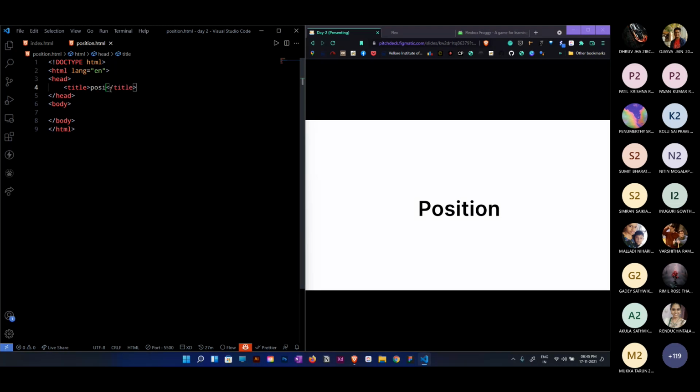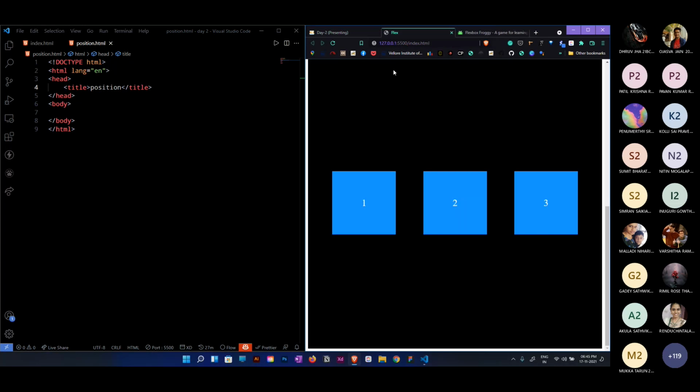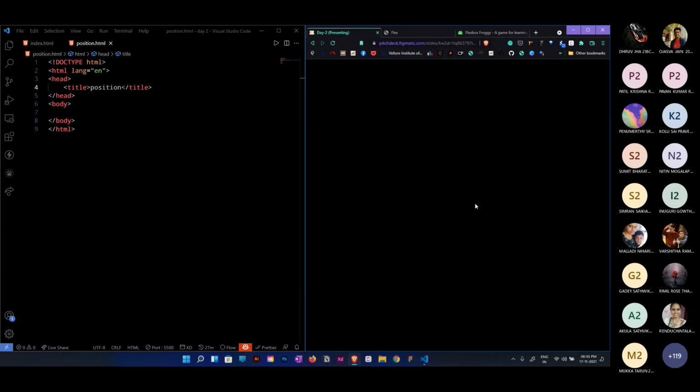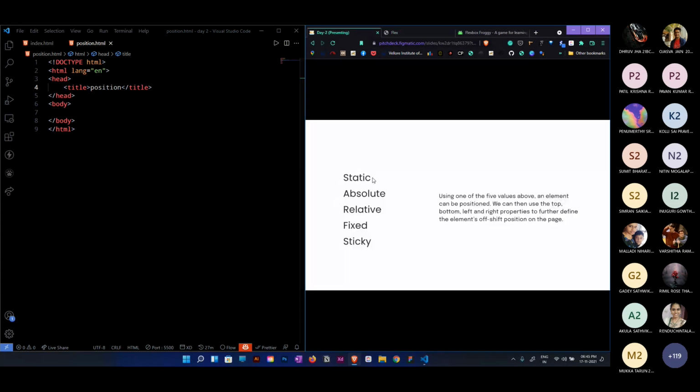These are the different values of the position property.